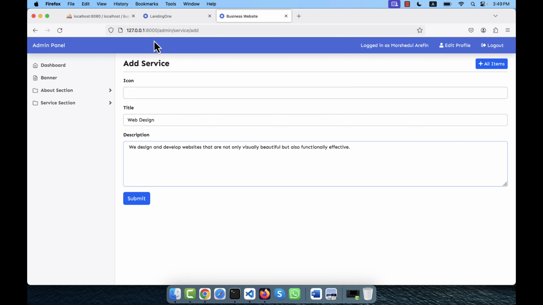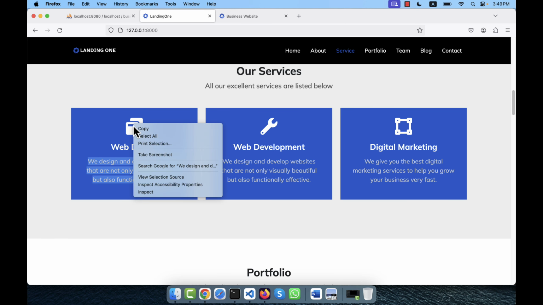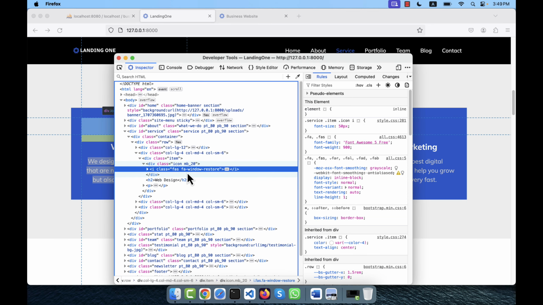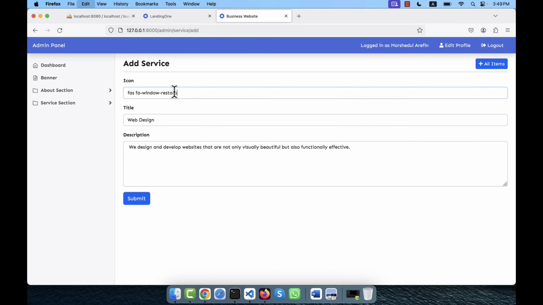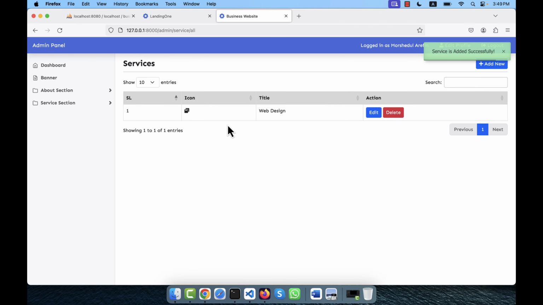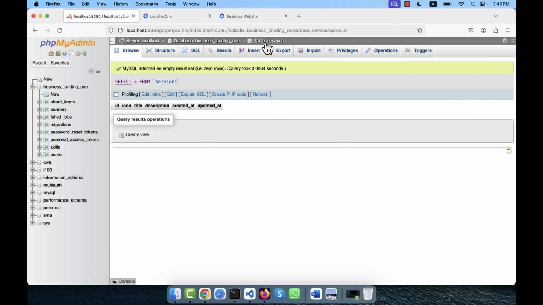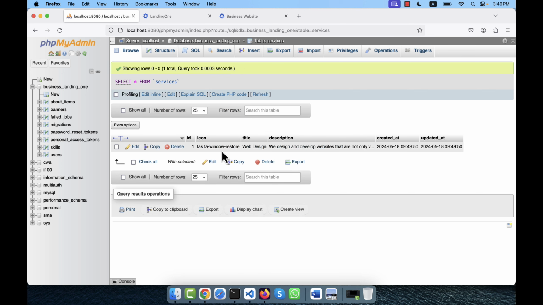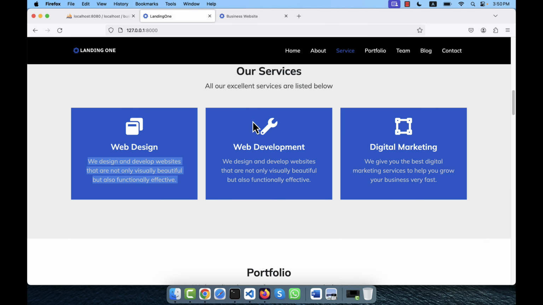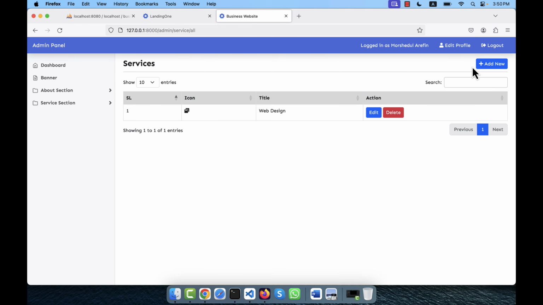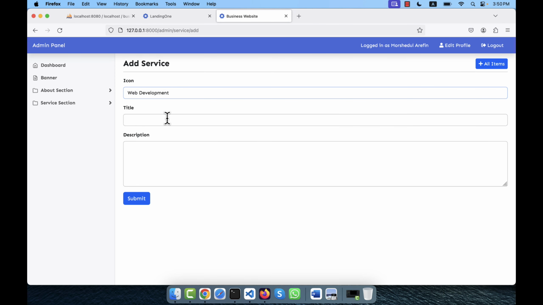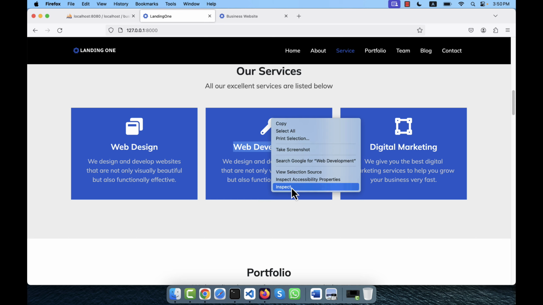So here I can put the description, and there is an icon. So here I can call the icon code. For example, this one is the icon code. I put here, submit. You see the icon is showing here as display and web design, so it is added successfully. Refresh, you see icon code inserts, title and description, everything comes here. So similarly I am going to add another service, that is this one. Icon will be, for example, this one. I am going to bring it,